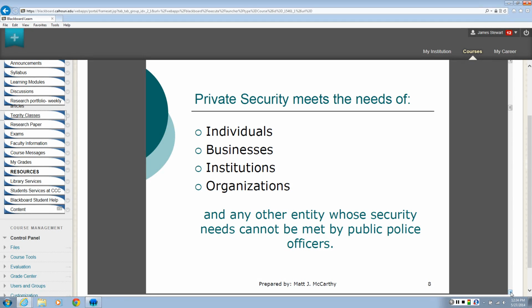Now we do see that there is some crossover. We see that some agencies, law enforcement agencies, will allow their officers to be hired out. They let them wear their uniform, drive their patrol car, and do private security work. However, we don't suggest that anymore. That used to be the only people that did security work was police officers.